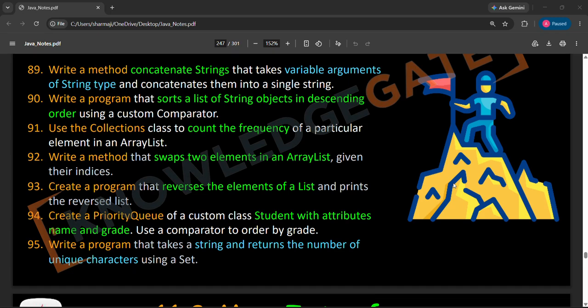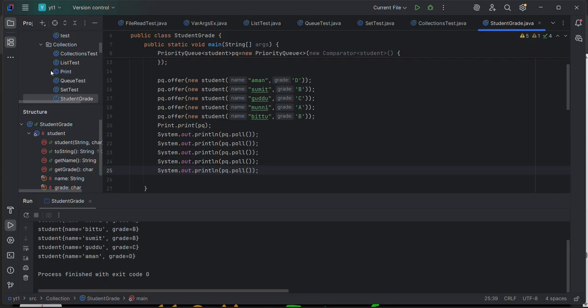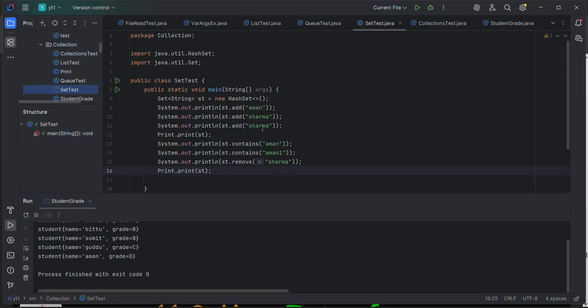In this video, we will write a program that takes a string and returns the number of unique characters using a set. Okay, in this we will write in the set test. We have the string, so we will write